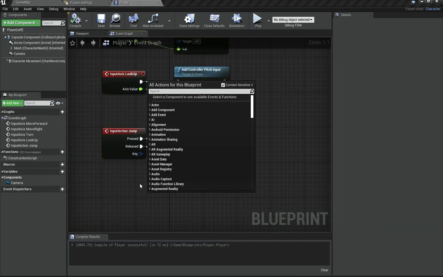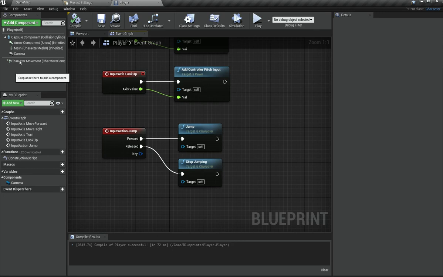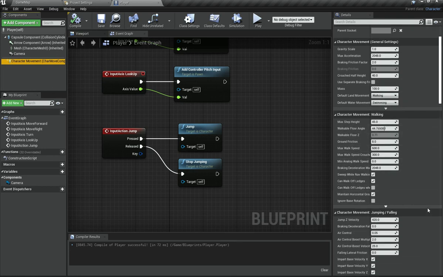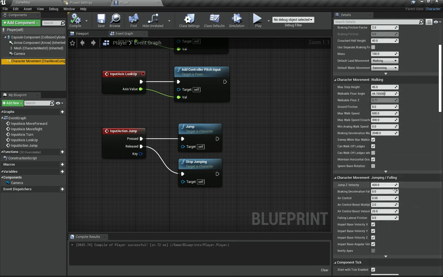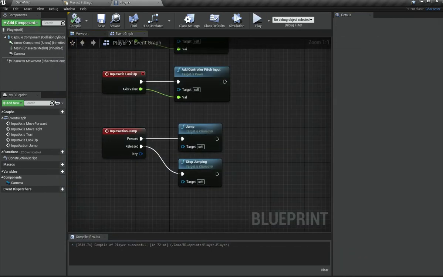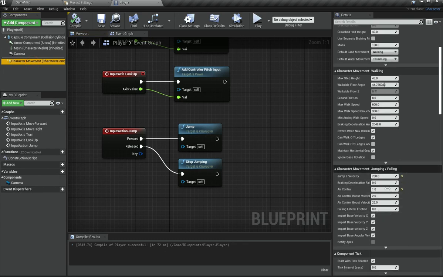So as a bonus tip, I'm going to show you how to change the movement component. You can just select this component here called character movement. In the details panel, you have got basically everything of the movement component. If you want to increase the jumping, just go under jump/falling and increase this jump z velocity to something like 700. We have also got air control, which determines how much we can control ourselves in air. If you set that to a whole 1, then you can control yourself in air as well as on ground. And one more thing is that if you go under here, you can change this max walk speed